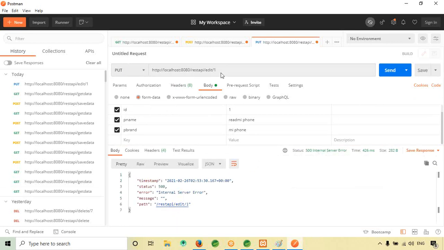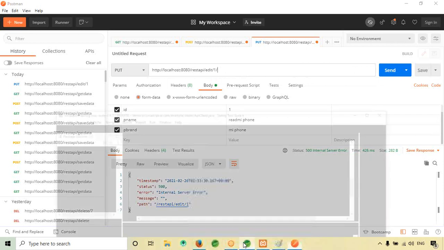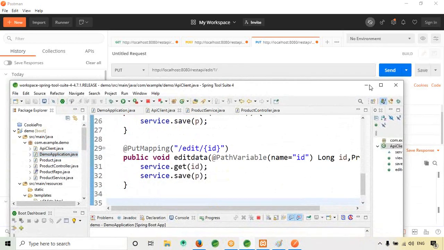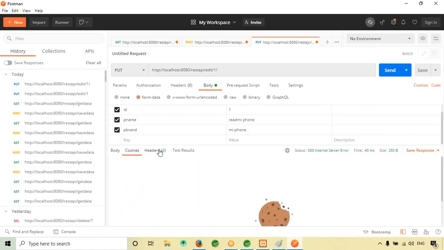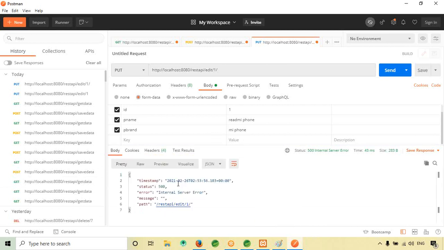500 server error. Probably I need to put a slash here. REST API edit. Is the slash there? Not there. Okay, let me check. I'm getting one error, so let me check what that is. I think there is something wrong with the URL, I guess.